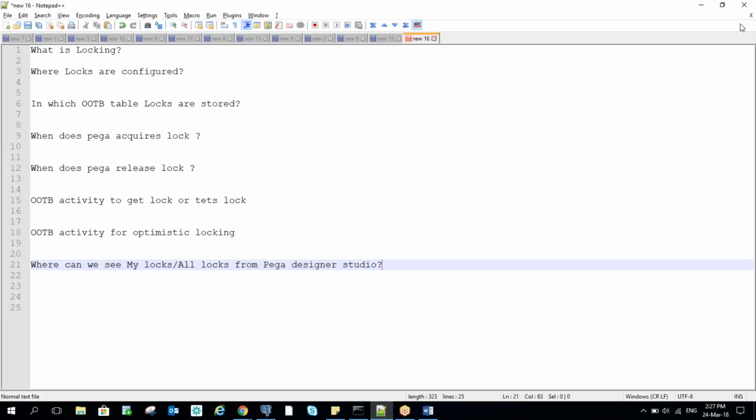So you need to get a lock. Only one person should have access to the case at one point of time. And locking is always at thread level, meaning one browser tab. So locking is always acquired at a thread level. So this is what locking is. Locking is nothing but getting control over a case so that only you can work on it at a point of time